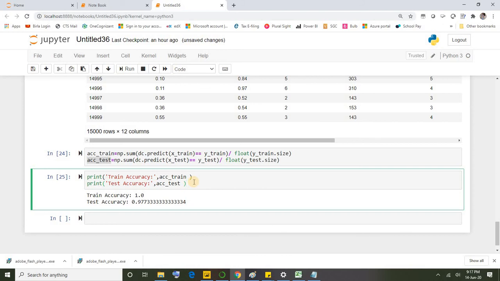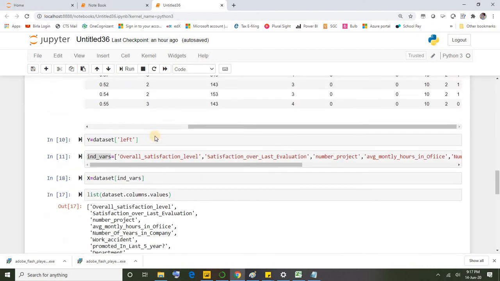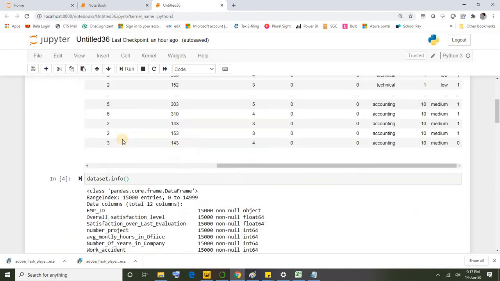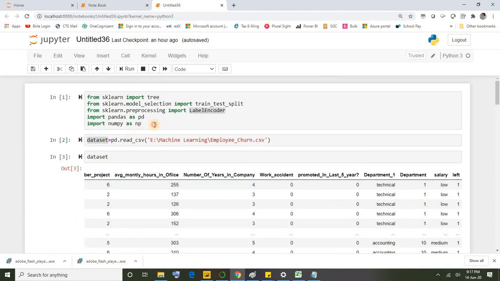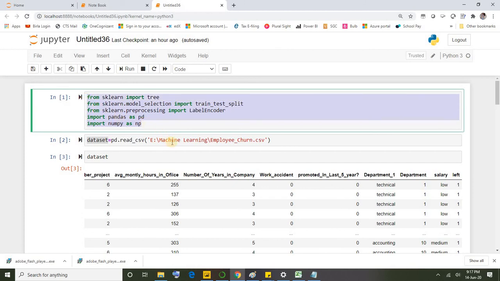Okay, what we'll do, we'll take this code and integrate it into Power BI directly. Let's see how we can do that. For that, what I need to do is copy and paste the code I wrote in each cell in the Jupyter notebook. So I don't want to waste time.